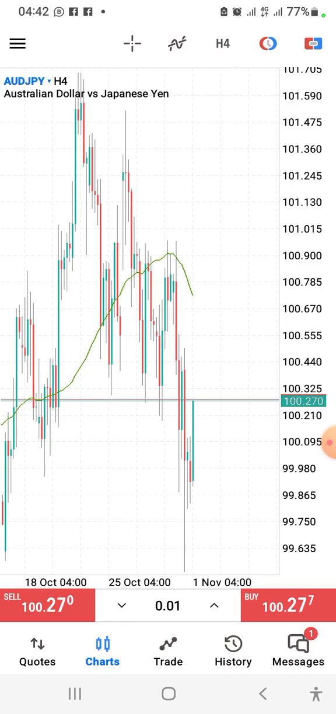So these are our top 10 pairs which we'll be looking at today, being the 1st of November